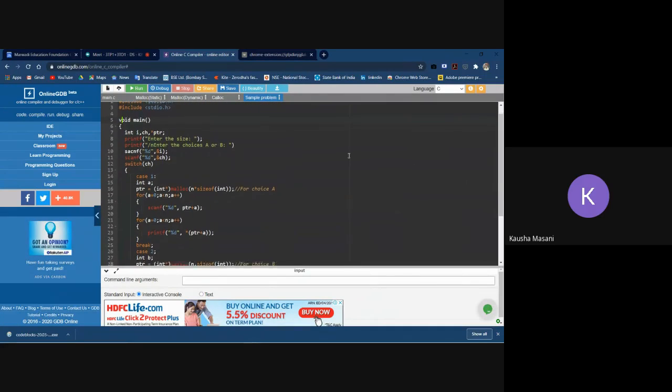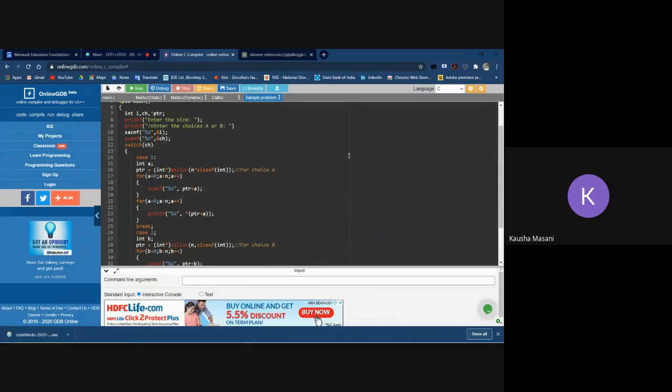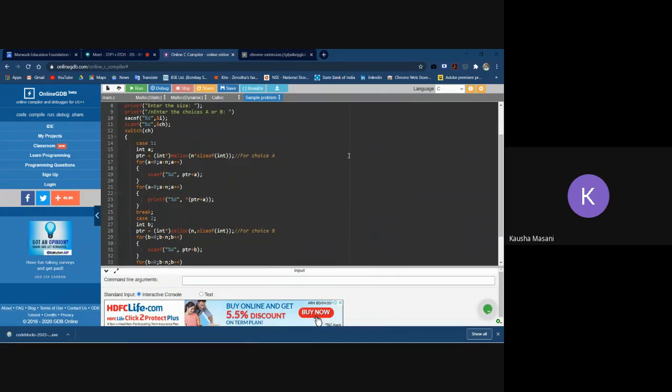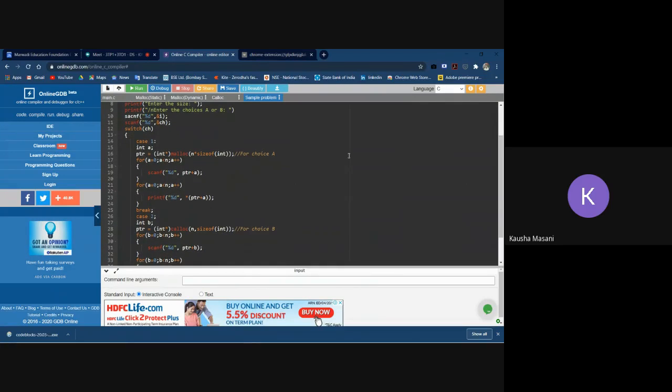Enter the size, enter your choice. Okay. What error is it showing?